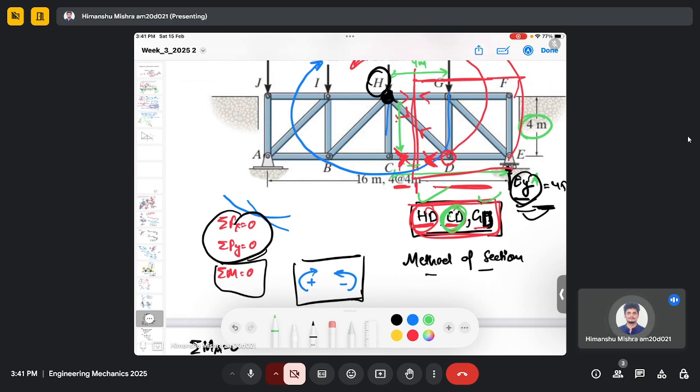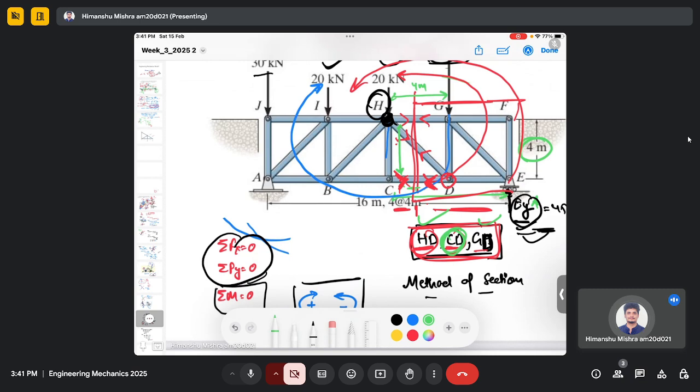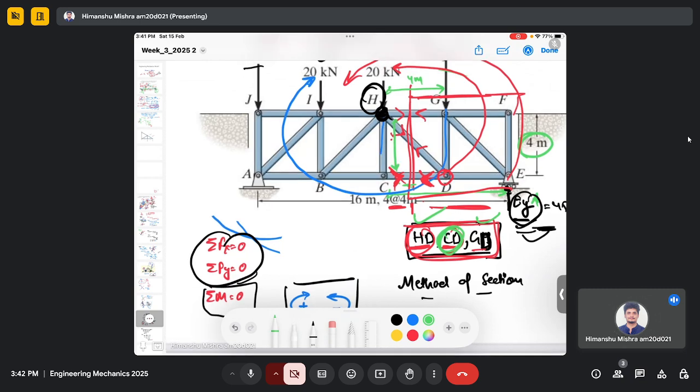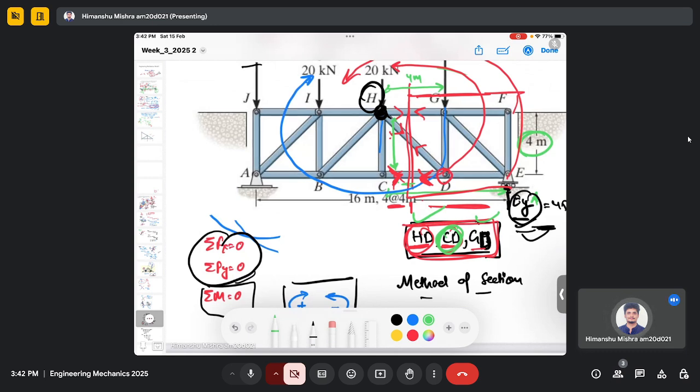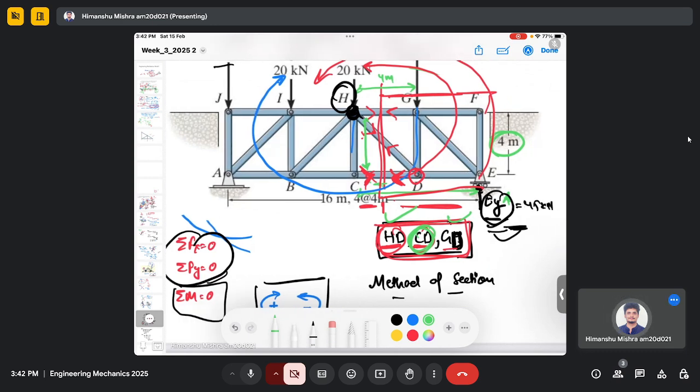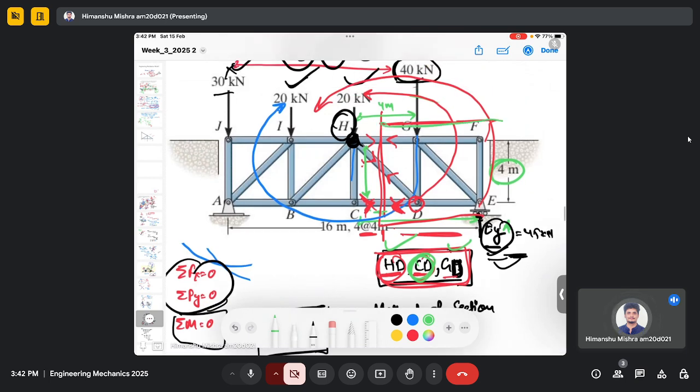And then you can think how to calculate the force in GD and HD. So you can see it's nothing fixed here. Like what point you have to take moment, which joint you have to consider to do force balance. Nothing is actually fixed. You have to decide yourself how to analyze. For example, let's say if I do the force balance analysis in the y direction, I consider the right section of the truss, and if I do the force balancing along the y axis,